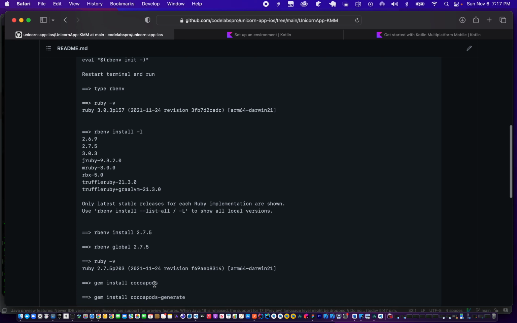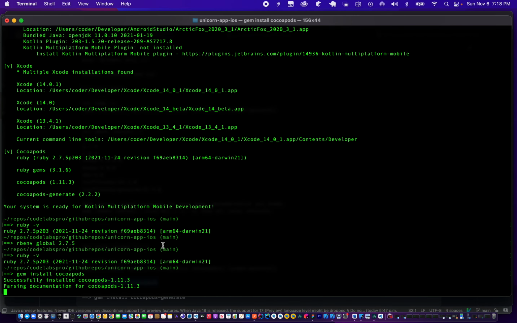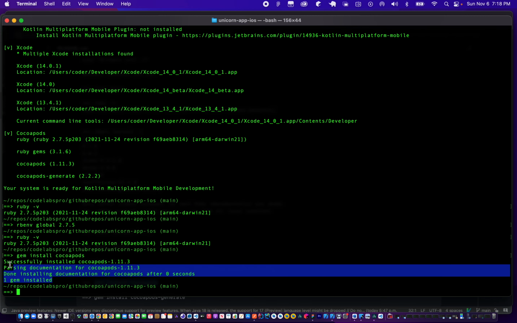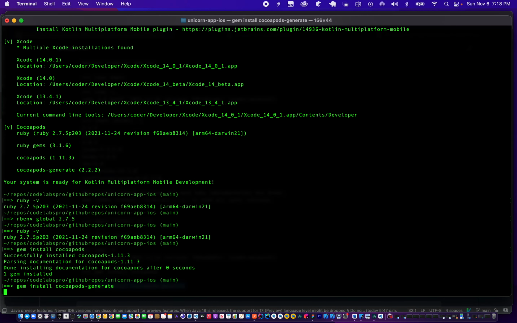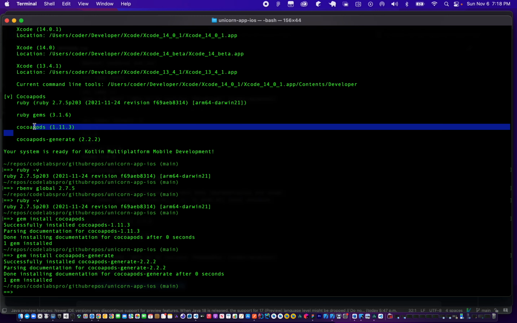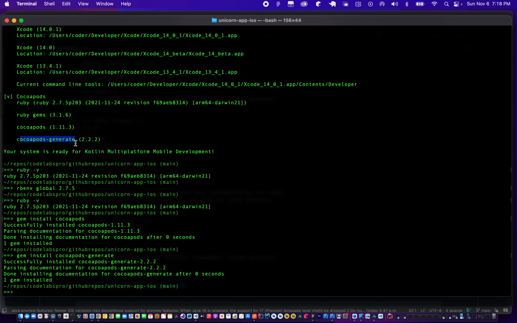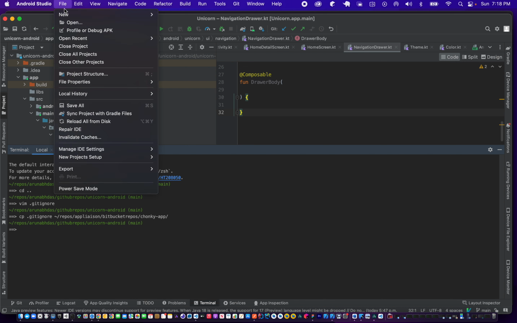If our CocoaPods is not installed, we can run gem install cocoapods. In this case, it should be already installed, and it's reinstalling it. We can also install gem install cocoapods-generate, which is also a dependency that it needs. So it needs Ruby, it needs Ruby gems, it needs CocoaPods, and it needs cocoapods-generate. So once all those dependencies are installed, we can go into Android Studio, File, New